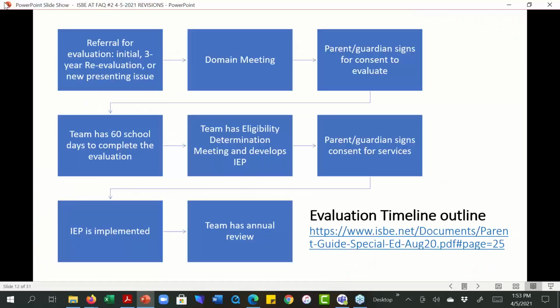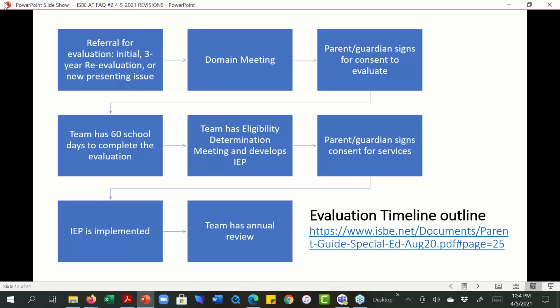Thank you. All right, so just to quickly touch on, there were a couple questions about the general timeline. Again, when you come from a lens of AT, sometimes it's hard to generalize the area of AT because it is so different, and then plug it into the typical processes. So just to review, you can see on your screen a typical flow chart of what the typical evaluation / IEP development timeline is like. And you can find information about that timeline at the link that you see on your screen.